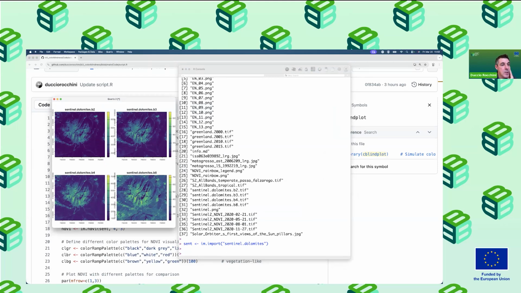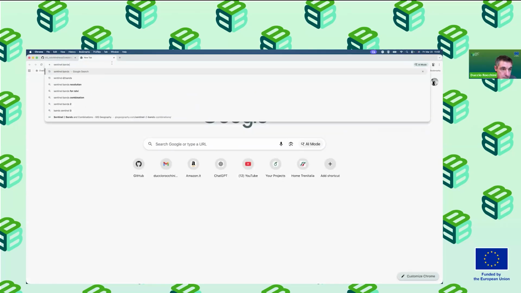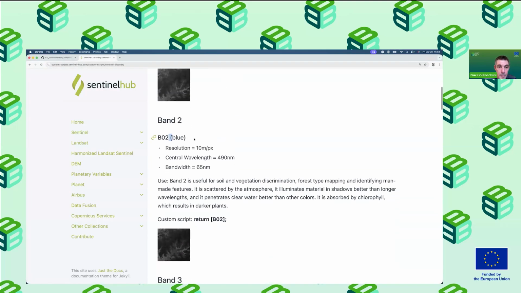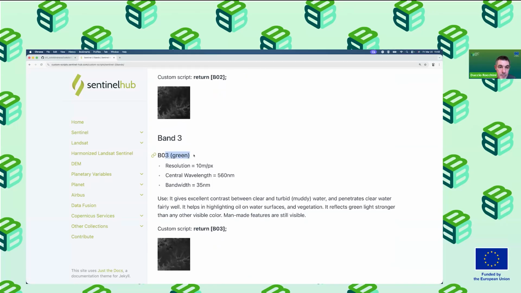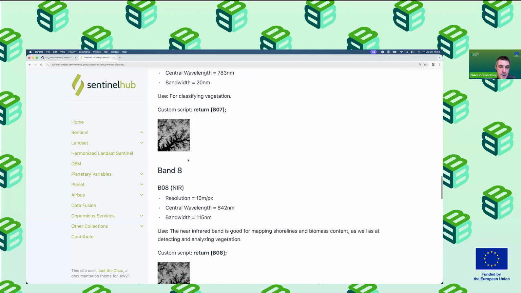The satellite image is composed, in this case, of band number 2, which is the blue, band number 3, which is the green, band number 4, which is the red, and band number 8, which is the near infrared, from the Sentinel satellite. Okay, so I am referring basically to these bands. Here are the bands I am referring to: the number 2, which is the blue band, the number 3, which is the green band, the number 4, which is the red band, and the number 8 here, which is the